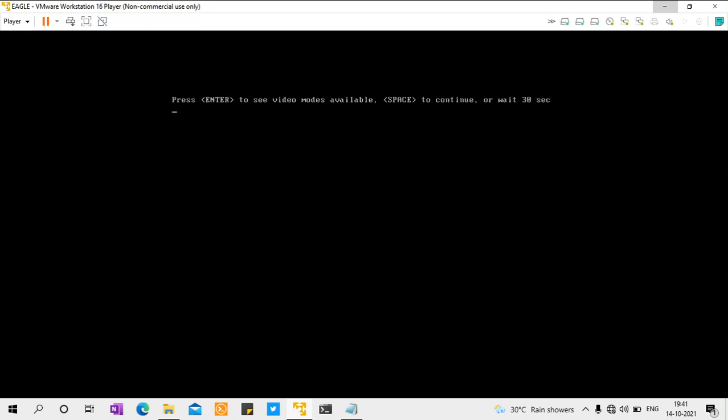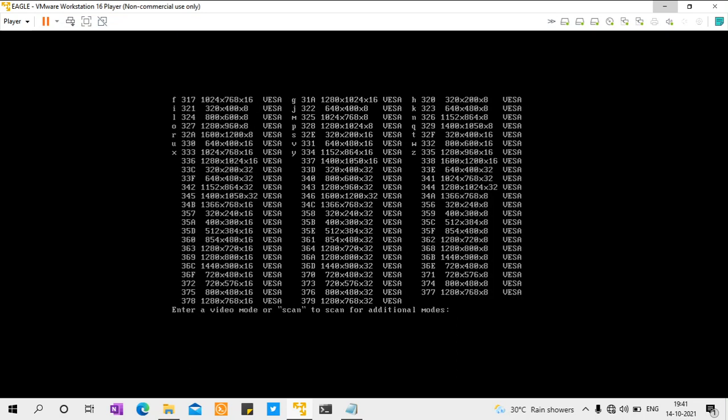What this will do is get me the modes that are available. You can see there is 1366 by 768 by 16. That is the resolution we'll use, which is 34B, 34 capital B. If you want, you can use 34C also, which is 1366 by 768 by 32. I don't know what the last number is, I think it has to do with the color, like 16-bit or 32-bit color patterns. Let us go with this for the time being. Hit enter, and you can see the resolution has changed.